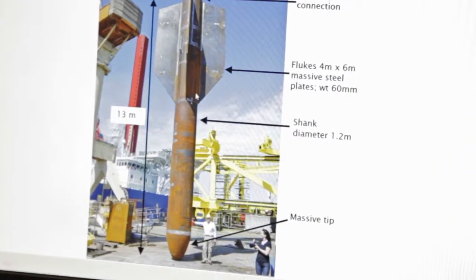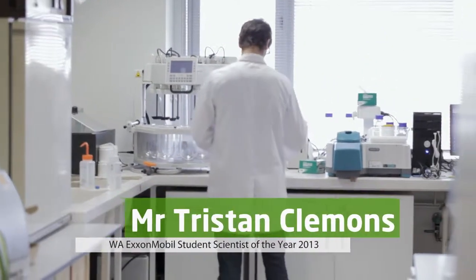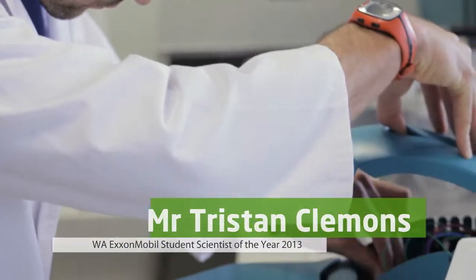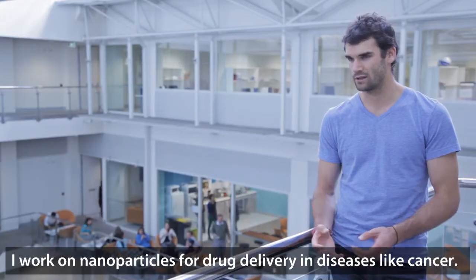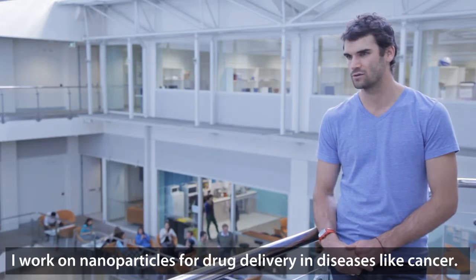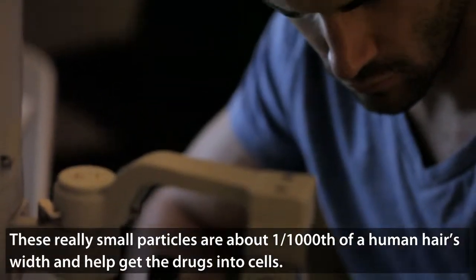My PhD is based around the development of nanoparticles, so very, very small particles for the delivery of drugs for a range of different diseases really. We've looked at cardiovascular disease, we've looked at cancer, we've looked at central nervous system injuries, and all looking at ways we can use these small nanocapsules as delivery vehicles pretty much to try and improve some of the outcomes